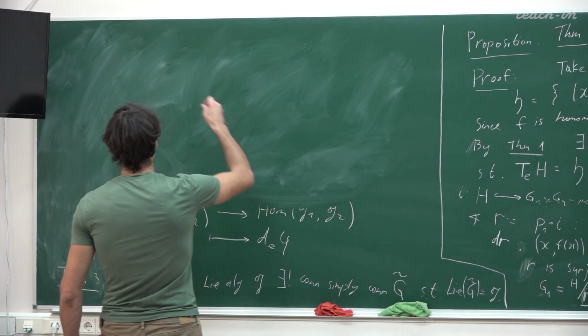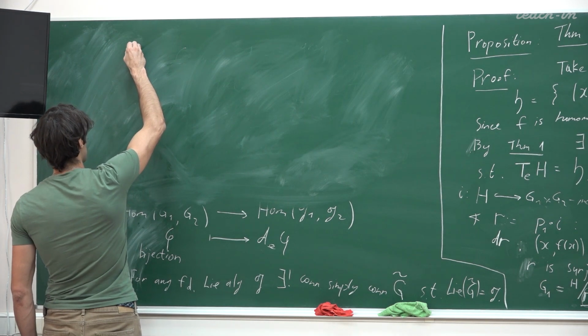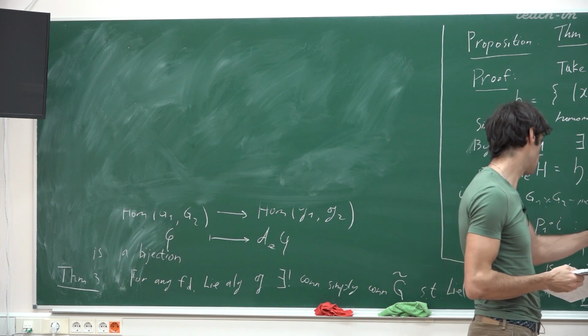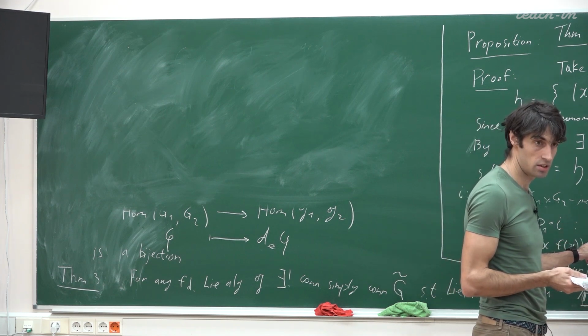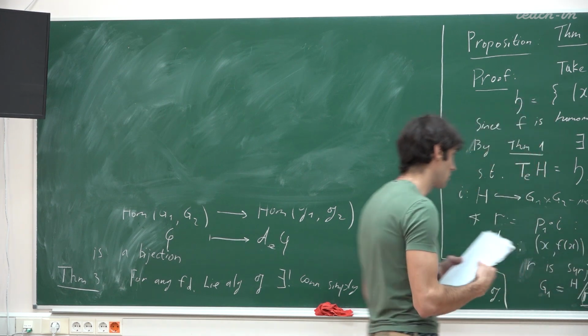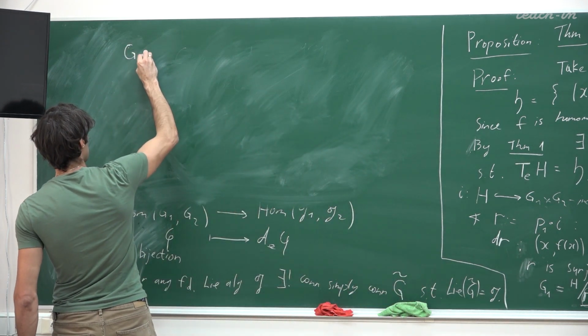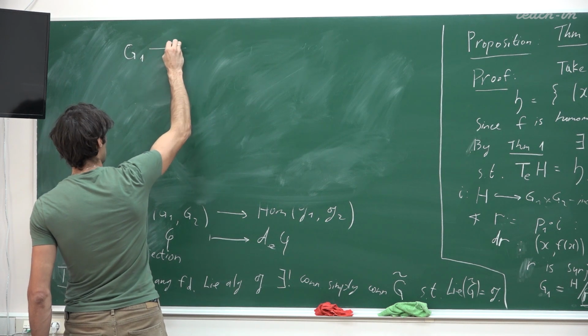Because the Lie algebras of G1 and H coincide, therefore G1, since it's simply connected, it is